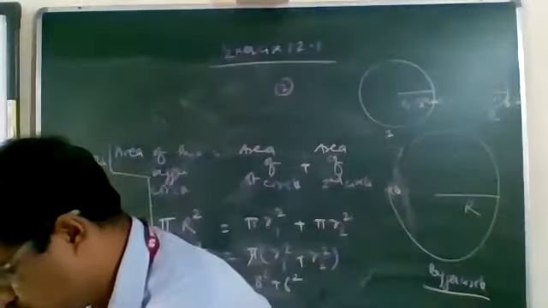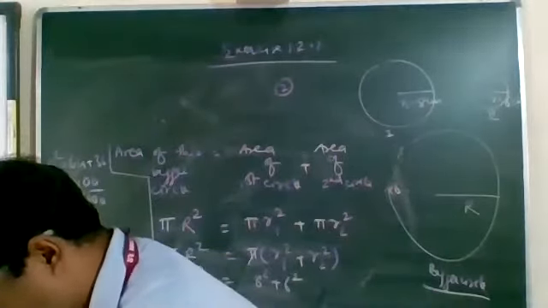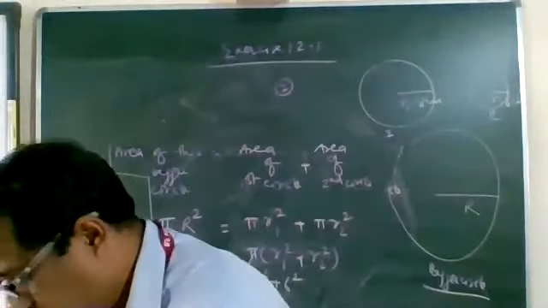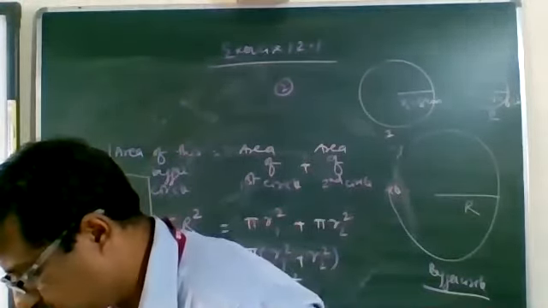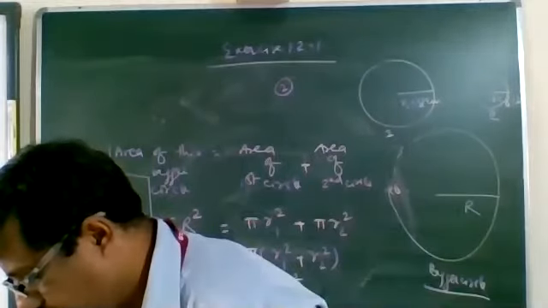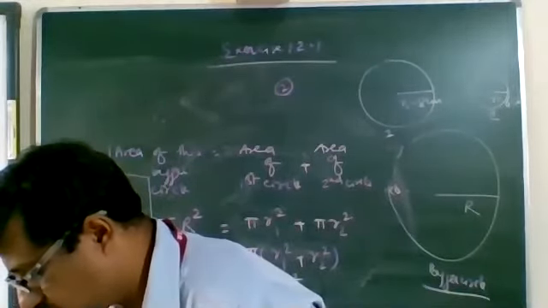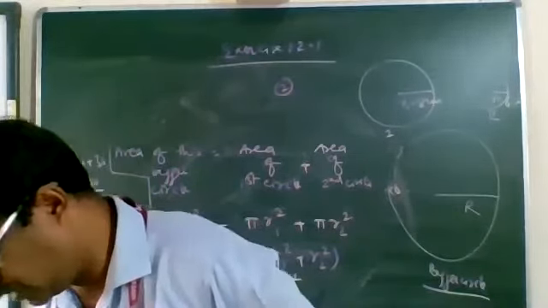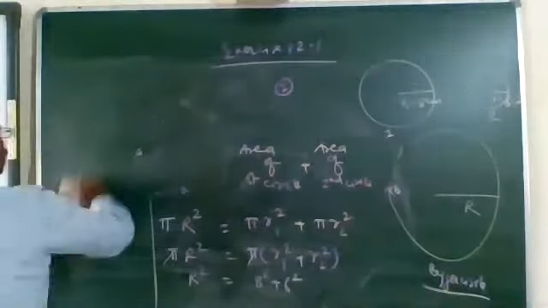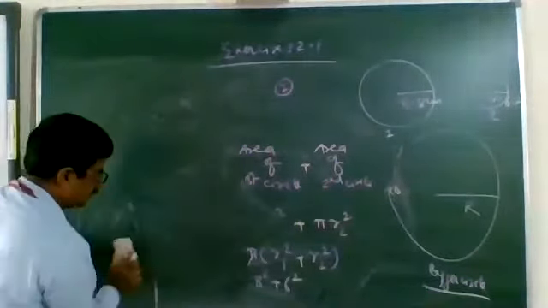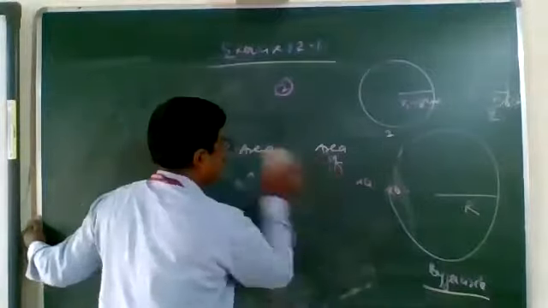Now we move to the third question. The third question is, figure 12.3 depicts an archery target marked with its 5 scoring areas from the center outwards as gold, red, blue, black and white. We'll do only one part because almost all the questions are the same.